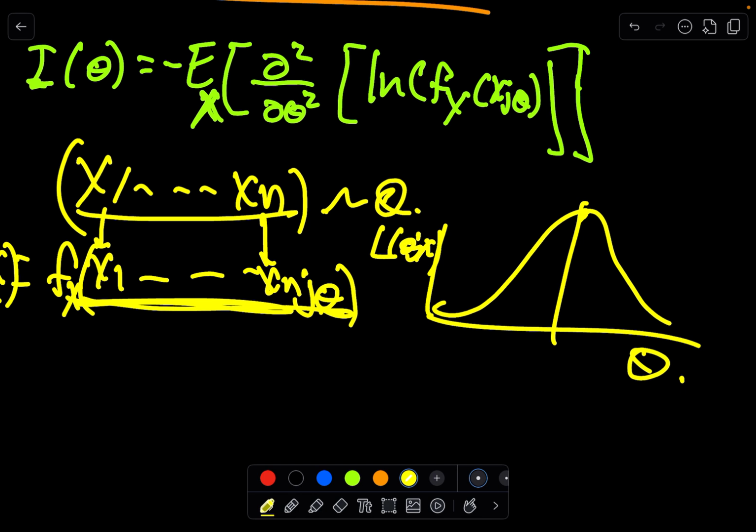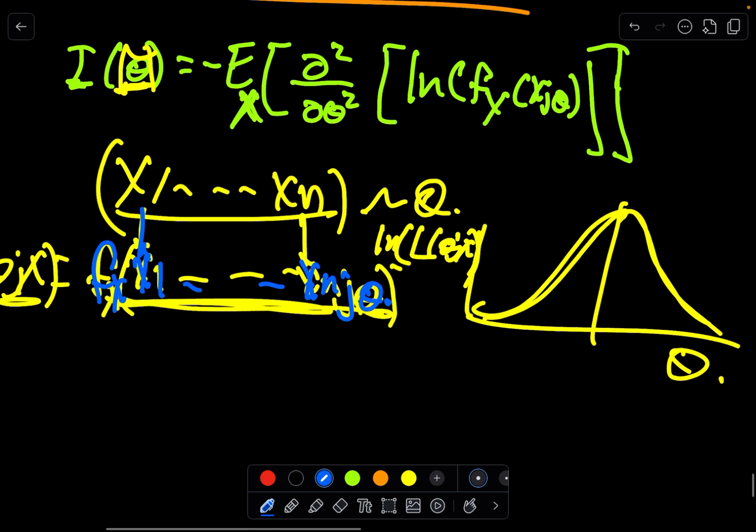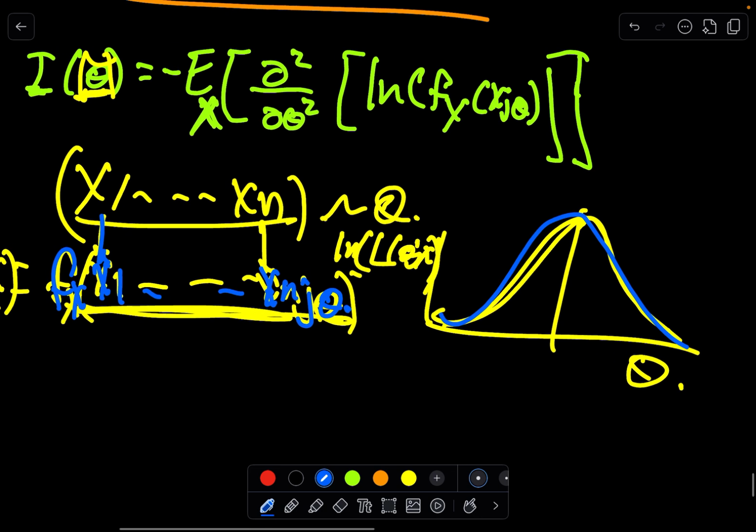But the idea here is, once we plug in our x1 to xn, it's a function of theta, which makes sense because that's what the information is, the Fisher, and we'll take the log, and it doesn't matter. We'll just take the density, and this is some function of theta, and this will still be some other function g of theta. Okay, so that's if we were to see some sample, x1 to xn. We plug this into our density, we take the log likelihood, and we get some function of theta, right? Under this specific realization,